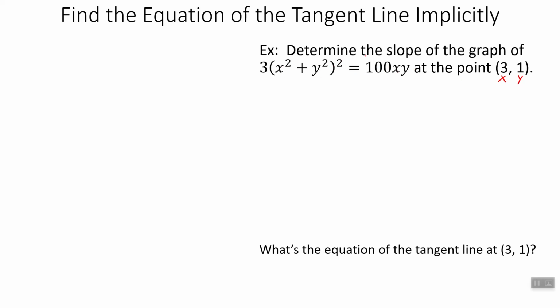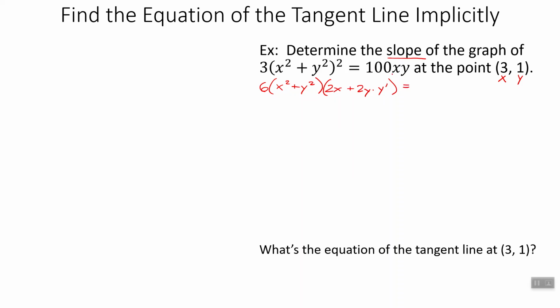So if we want to take the derivative of this guy to find the slope, we need to do the chain rule here. So the 3 stays. We bring down the 2. That's going to be 6. We leave the inside the same, x squared plus y squared, to the 1 less exponent, so to the first, times the derivative of the inside. So the derivative of x squared is 2x. Derivative of y squared is 2y times dy/dx, or we could say y prime,